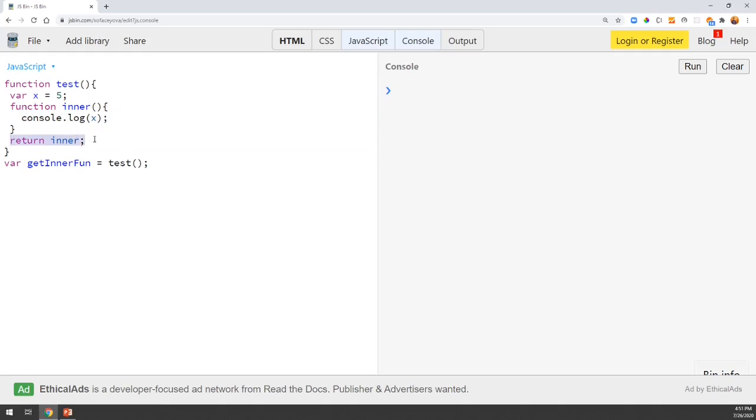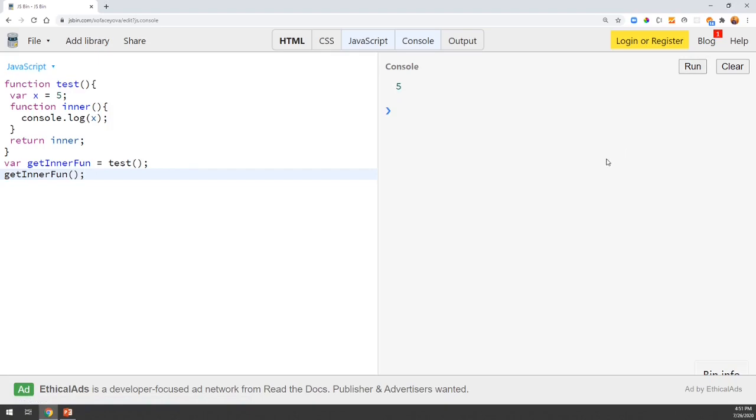Here the same lexical scope comes into the picture, and then closure plays a role in accessing that x inside the inner function. Now when we copy this test into getInnerFunction variable, it will return us the inner function. So let's execute this getInnerFunction now. Okay, run it.